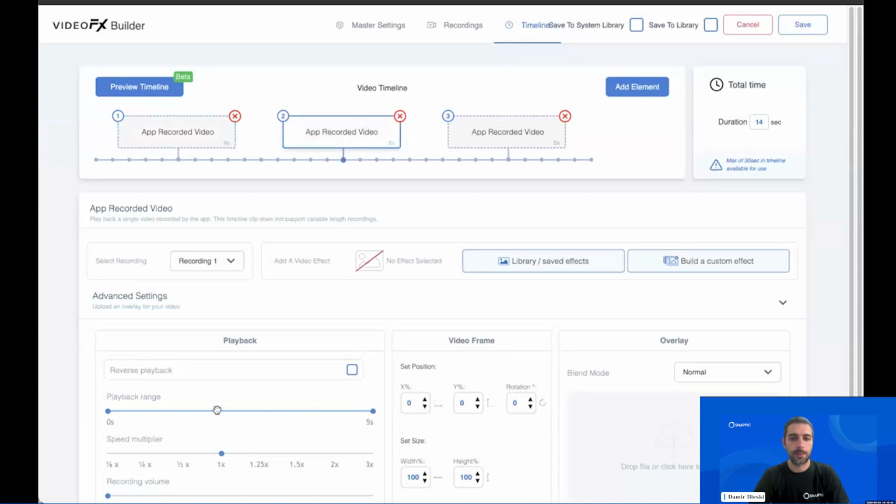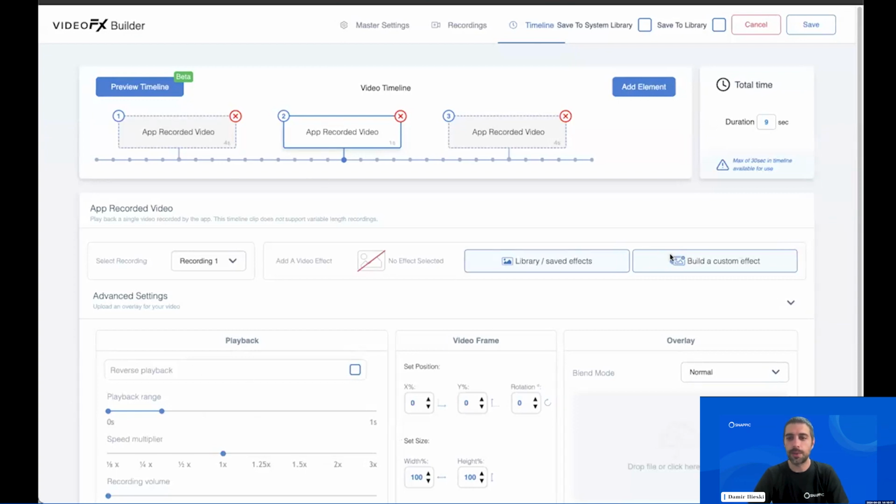And then the second app recording will be 0 to 1. And then the last one will be 1 to 5. And then the last one will also be recording number 2. Now, because we are doing a specific transition, for this specific one the playback range on the master one doesn't matter, but once you go into the effects,